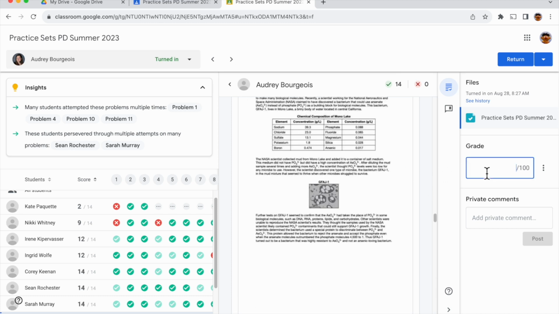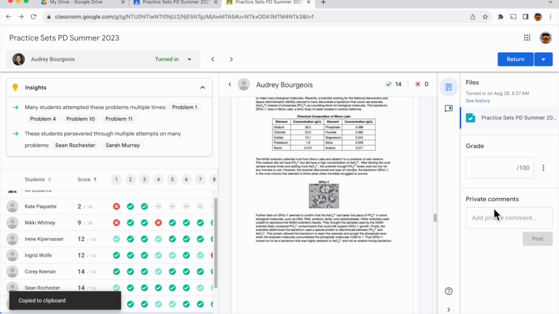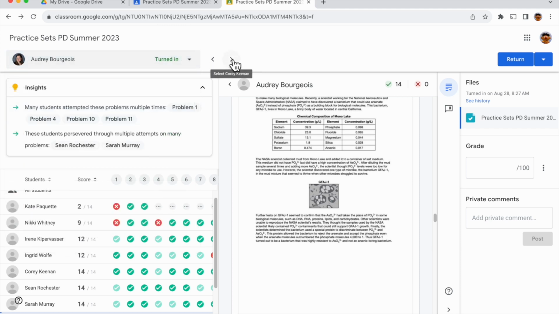I can give a grade here on the right hand side, as well as give a private comment, and I click post. I can also click down here and use a comment bank. If I want to use that comment bank, I simply click that comment bank, copy to the clipboard, and paste it back in here. Once I have done that for all students, either by selecting them or scrolling through them using the arrows up here,